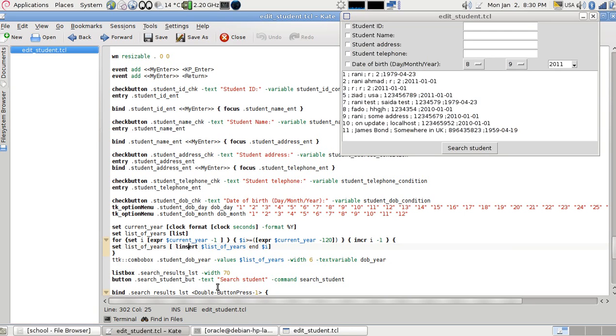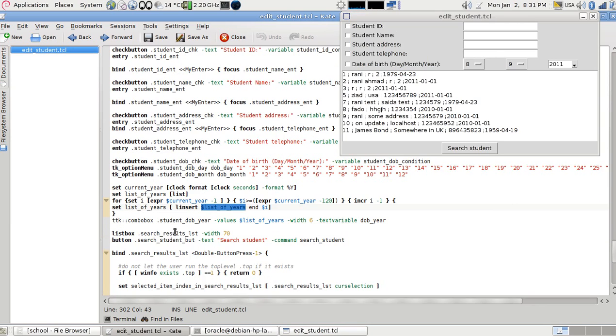So every time I get, because this is how the linsert works, every time you get a new list of years, by inserting a new value into the older one, and then taking the output of the linsert and resetting the list of years again with a new list. You just read the manual about linsert, you know. Now,